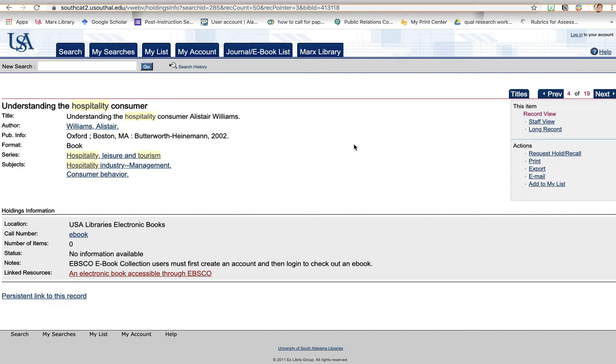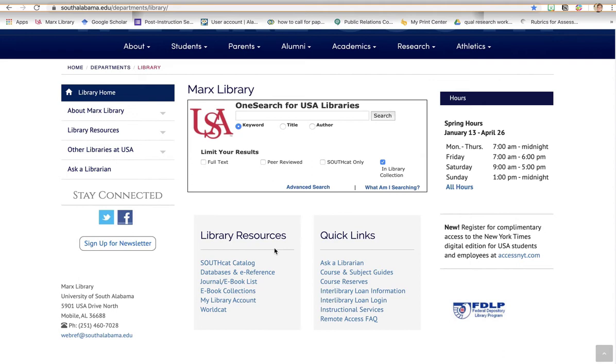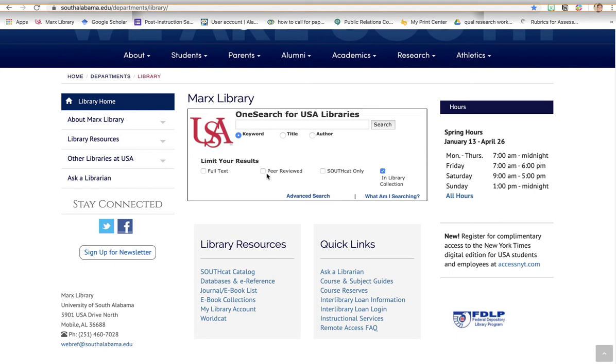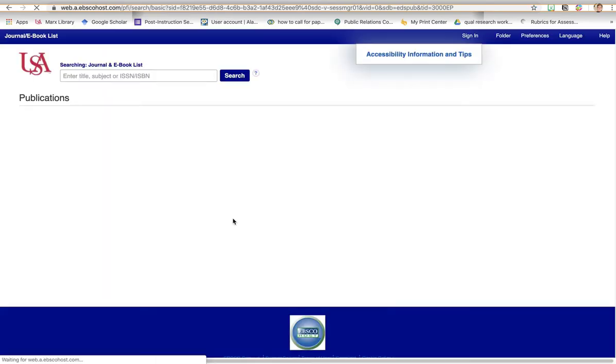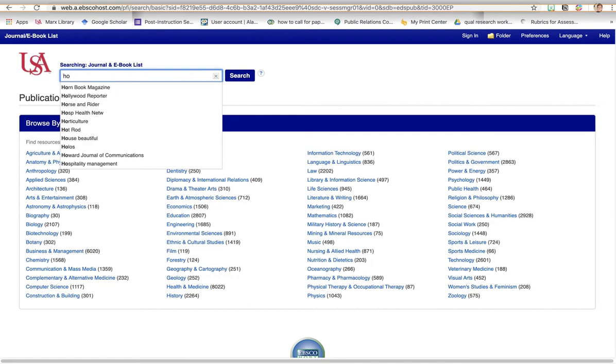The next thing I want to show you how to do is how to find journals which would have research articles in them related to hospitality and tourism. So if we go to the journal under here, we're back to the Marx Library main web page. And if we go back under library resources and click on journal/ebook list, you can search by discipline, but if you browse these disciplines, you'll notice that there's no hospitality and tourism discipline per se. But if we start searching for hospitality,